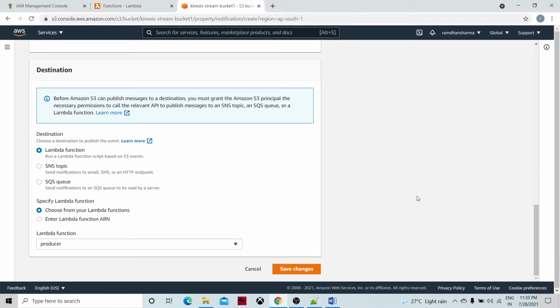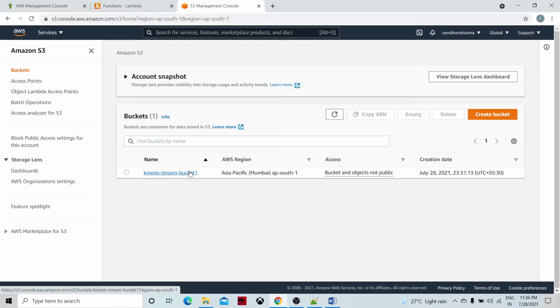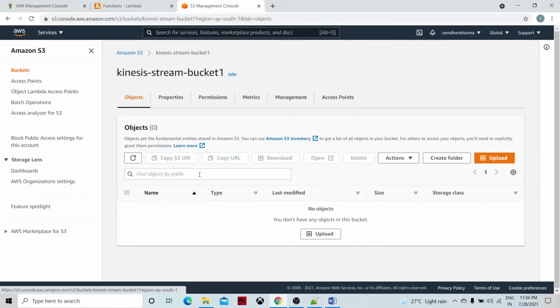So any action happening on the S3 bucket is going to kick off the producer Lambda function. I'm going to save this. So this event we have attached with this bucket. Whatever file we upload is going to trigger the producer Lambda function.